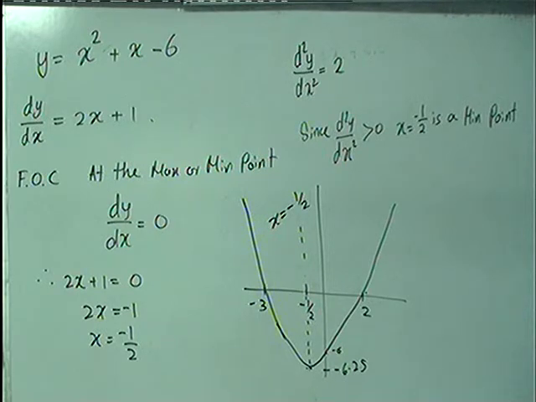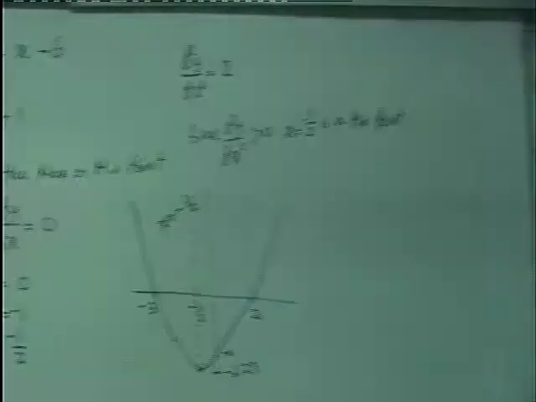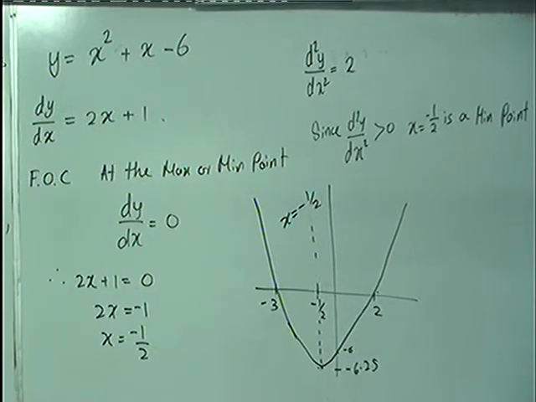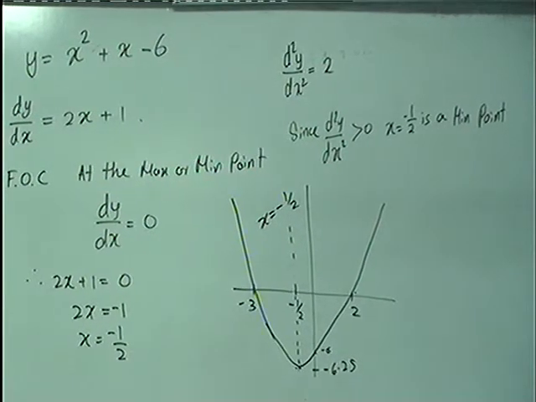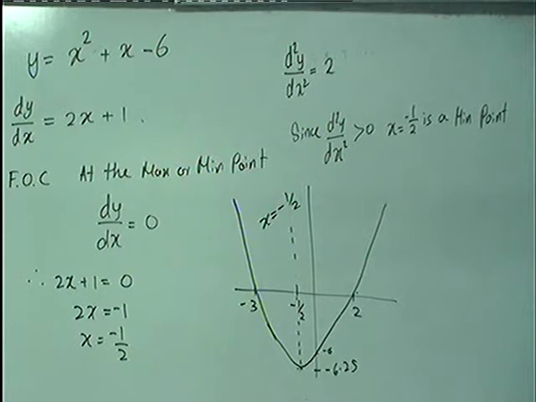Now you observe this one is a minimum curve. I will give another question, maybe a maximum curve. So basically you can observe in this equation, the x squared term is positive. Right? The x squared term is positive, then you get a minimum curve. So when the x squared term is negative, you get a maximum curve. The reason is the second order differentiation.